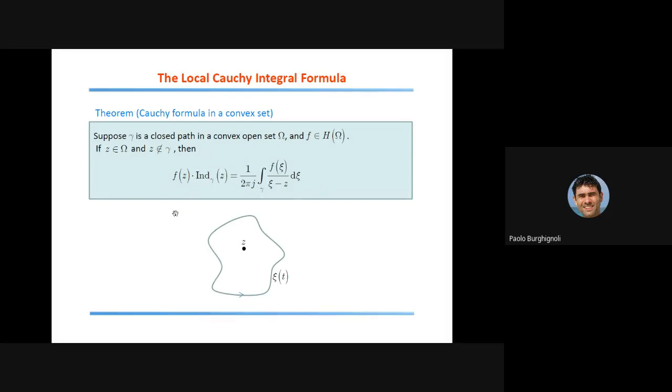So basically, this is a fundamental representation formula, which tells you that if you know the value of an analytic function on the boundary of a finite domain, then this is enough for knowing the function everywhere inside this domain. Because as you can see, the left-hand side contains the value of the function f calculated at an arbitrary point z inside the closed path gamma, whereas in order to be able to calculate the right-hand side, what you need is just to know the function f on the boundary of the domain, so on the integration path gamma, okay? Which is something not trivial and which has many profound consequences that we will start now